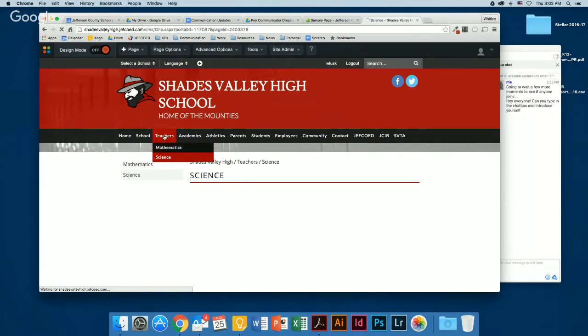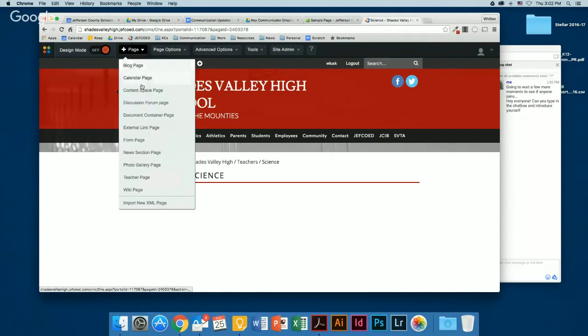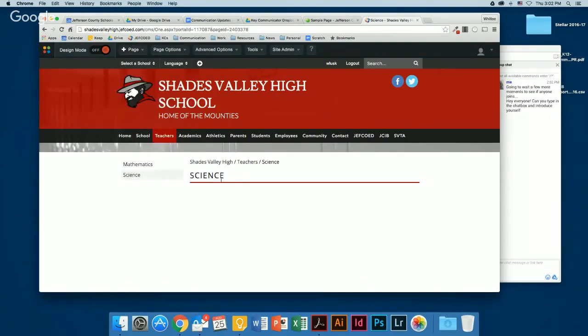Click back on teachers. Because when I was on science, if I had gone back up and created a content space page from this page, it would have created a subpage underneath science and not underneath teachers. So that's why we have to make sure that whatever we're doing up here is connected to what we're seeing down here, and that it makes sense based on what you're trying to do.